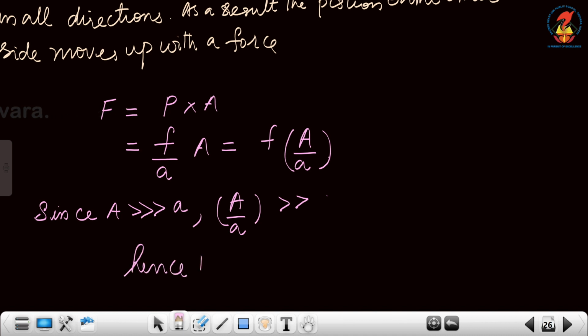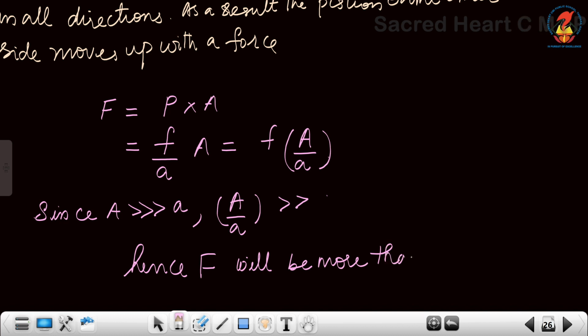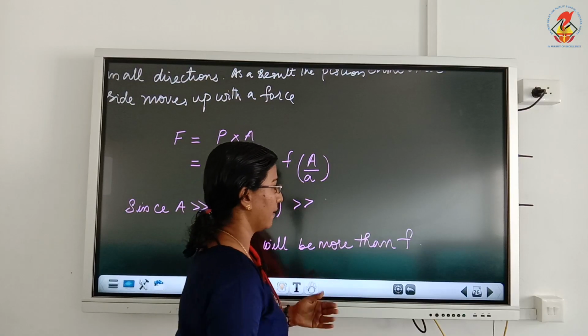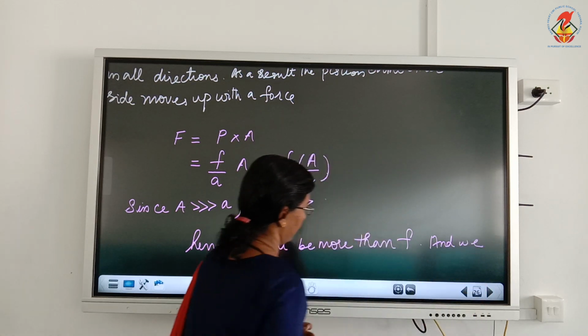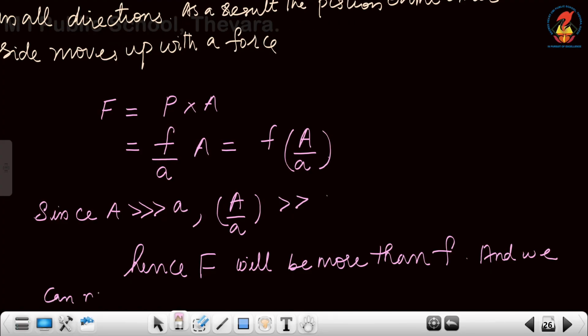Hence, the force with which the piston on the side having area capital A moves will be more than small letter f, that is the force exerted on the other cylinder, and we can move or lift heavy objects